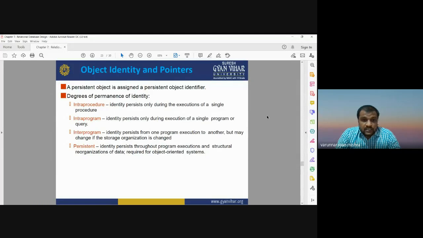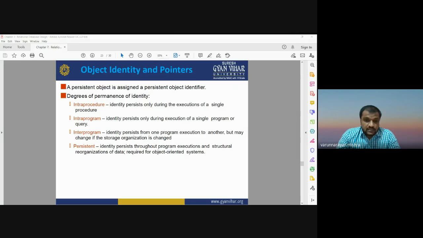Intra procedure is an identity which is persistent only during the execution of a single procedure, and intra program is an identity which is persistent during the execution of a single program or query, whereas inter program is the identity that is persistent from one program execution to another, but may change if the storage organization is changed.